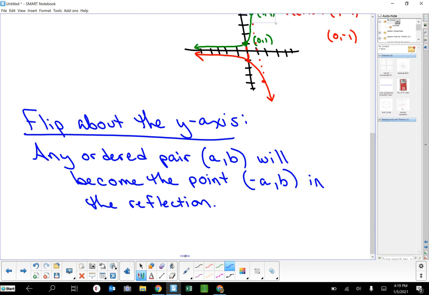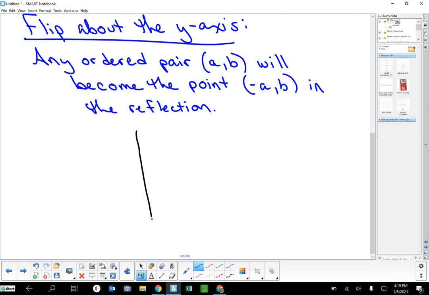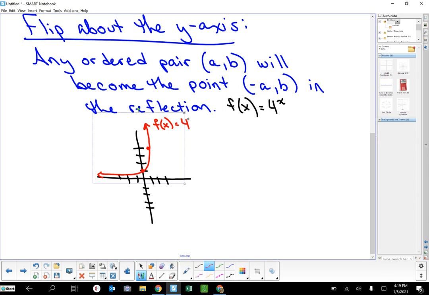Okay, so again, if I have the same function, we'll use f of x equals 4 to the x. So we know that we have the point 0, 1, and then 1, 4. And that's the normal one. This is f of x equals 4 to the x. We already know these points are 1, 4 and 0, 1. So now what we're going to do is we'll do the reflection